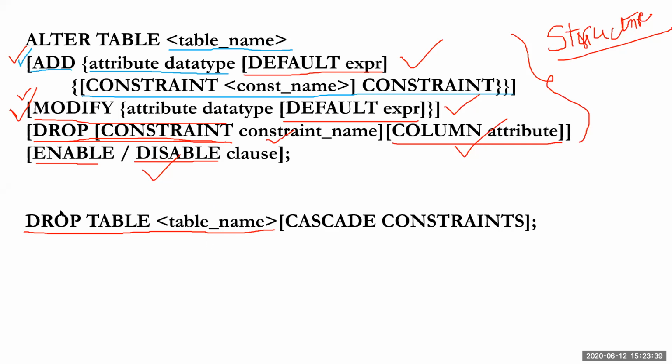Okay. So here, alter table, I wanted to add a new column here. That column will be mobile number. How could you add it here? So all